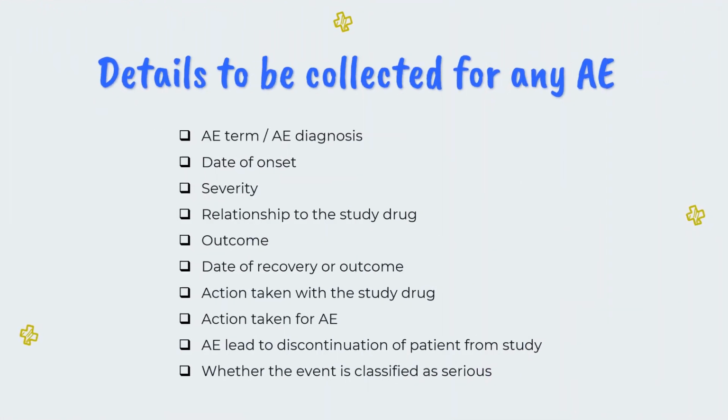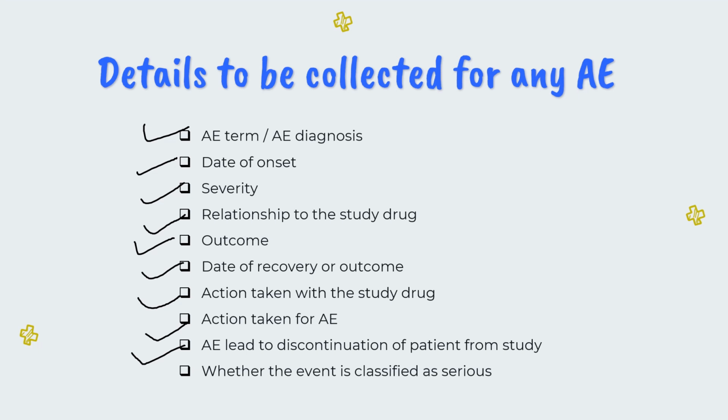So whenever we have to report a particular AE, we would require certain details. And those details can be: first we determine the term of the adverse event, when the term started, that is the onset date, what was the severity, whether it was related to a drug or not, what was the outcome, whether it is resolved or ongoing, what was the date of recovery if the subject has recovered, what was the action taken, did we give any kind of medication to resolve that adverse event,